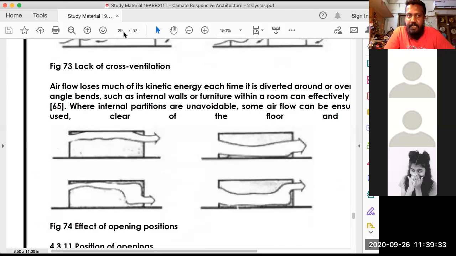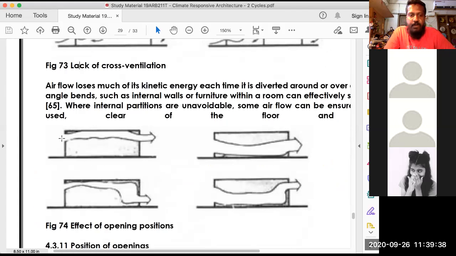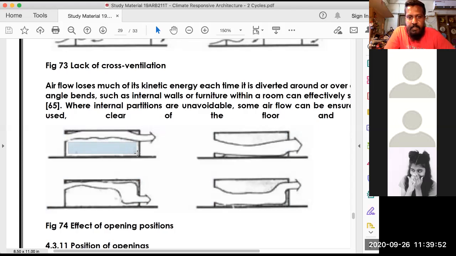In this building, unlike the earlier one, there is an opening at the top level on the left side and an opening on the right side also. So the air would enter here, replace all the air at the top and exit. Do you see this part at the bottom? Here, as I told you, there won't be any movement of air because the point at which it enters and the point at which